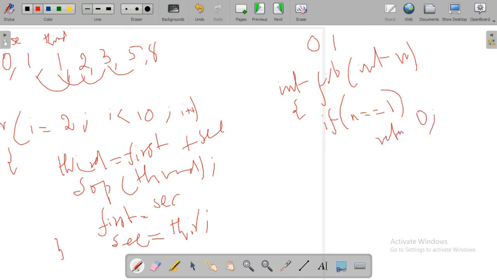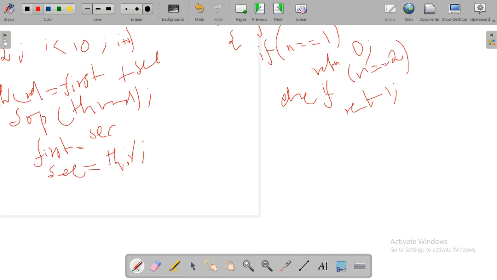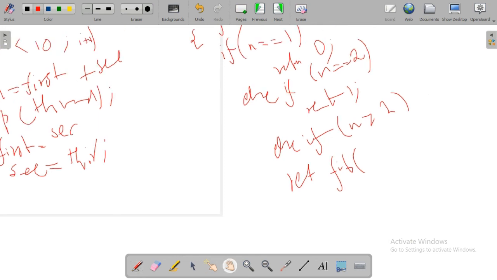First of all, I am giving the base case. If n equal to 1, what value should it return? Return 0. Else if n equal to 2, return 1. And the next case: else if n is greater than 2, how will it return? There we will use the recursion concept.